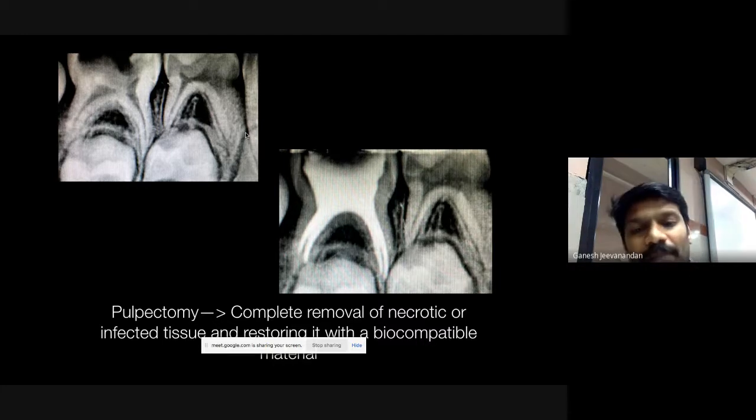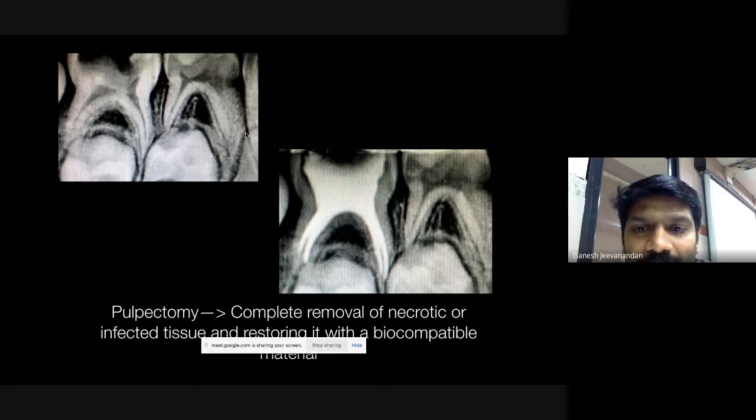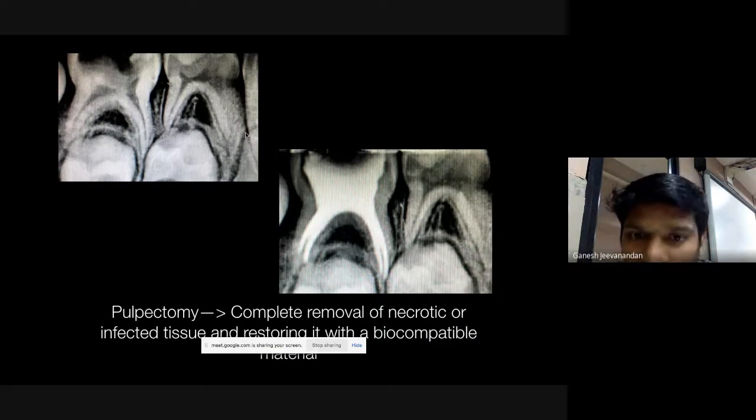So what is the pulpectomy procedure? That is the first thing we should know. Pulpectomy, in simple words, is a complete removal of necrotic or infected tissue and restoring it with a biocompatible material. You see this radiograph on your right. That tooth has been restored with a radiopaque material, which you see is ending at the root apex.